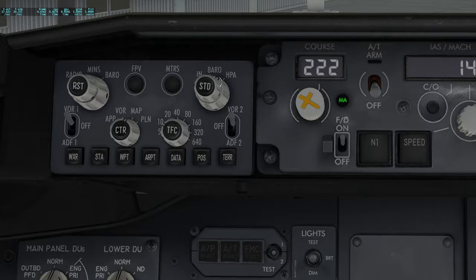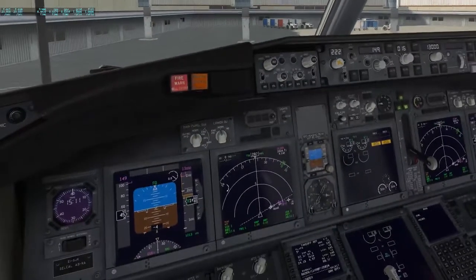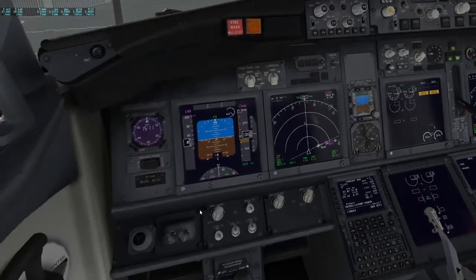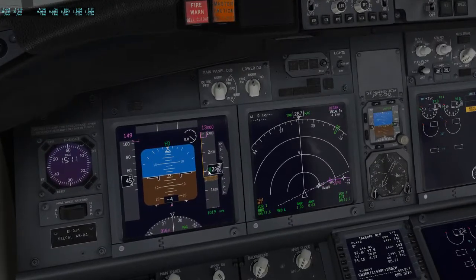So we're using then the inner knob, this one here, to set that to what is forecast at the moment, which is 1019. So if we look at our display here, bottom here where it says it's now gone to HPA, you can see if I flick between the two, inches, hectopascals. We want to roll that up to 1019. Verify here that the altimeter is reading approximately what the airfield elevation is. So we're now on what we call QNH,